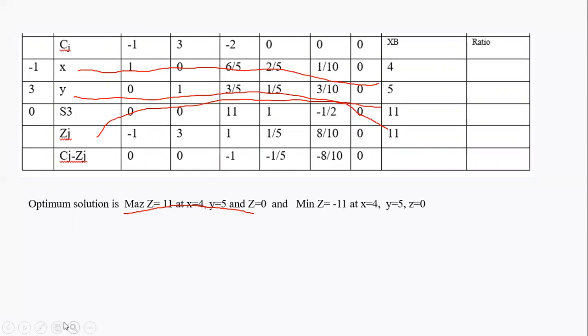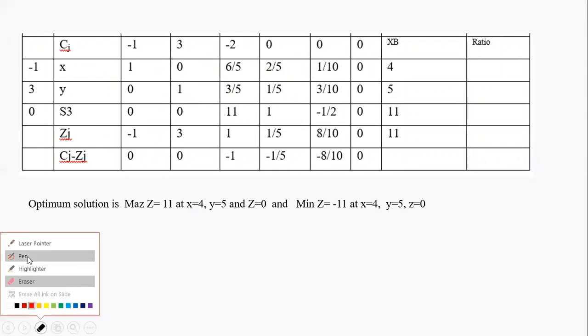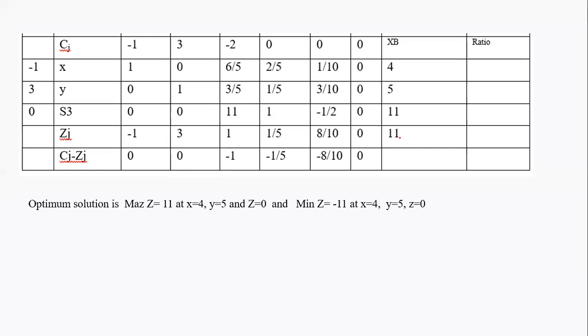Other values have no change because you didn't make any changes to your constraints. You made changes only to your objective function. Therefore, after solving, you multiply this value with the minus sign. That will give you the minimized value of your objective function. This is the only change we need to remember when converting a minimization problem to a maximization problem. So this is how we do the problems by applying the simplex method.